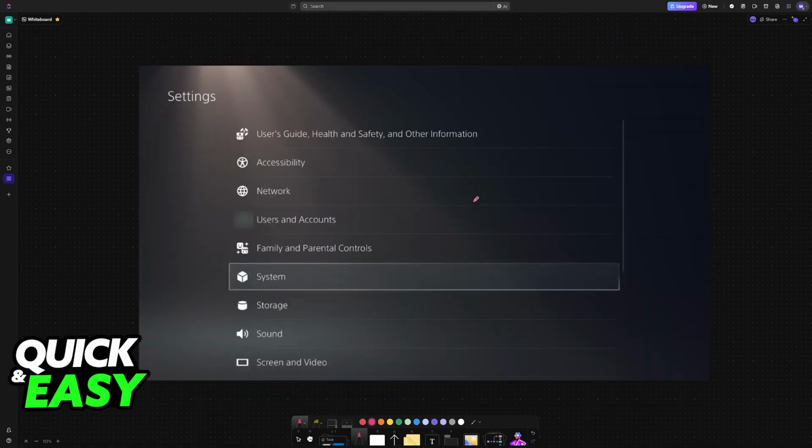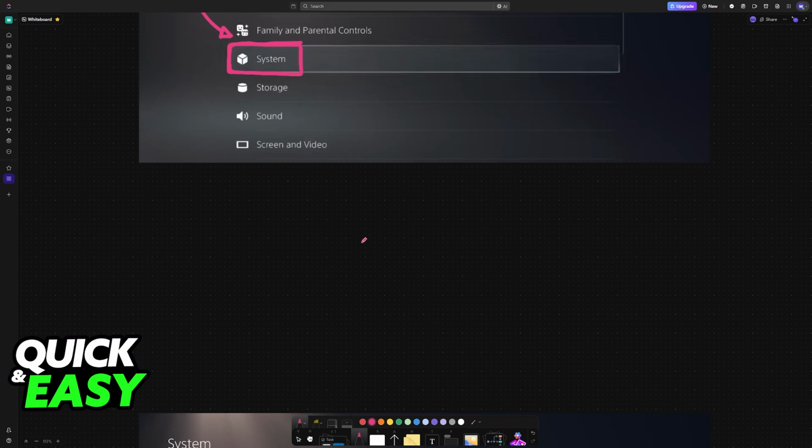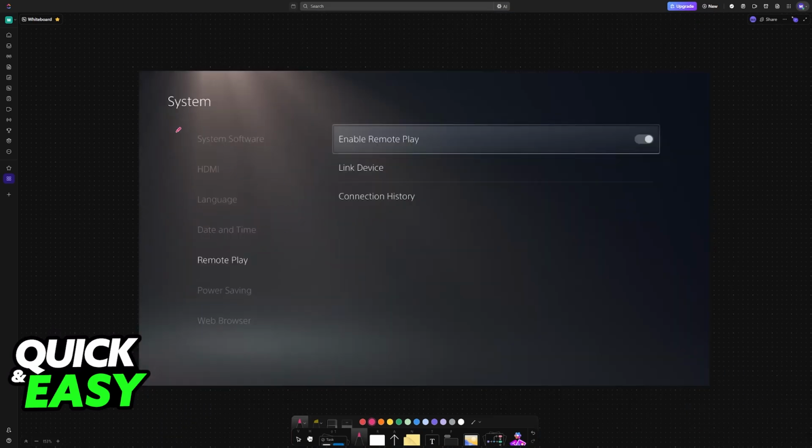To start, on the PlayStation console itself, go over to the settings and access the system category. So under settings, go to system. Inside of the system options, you will find Remote Play. So highlight Remote Play and make sure that Enable Remote Play is enabled. Once this option is enabled, now your PlayStation 5 console will be able to connect to the PlayStation Remote Play